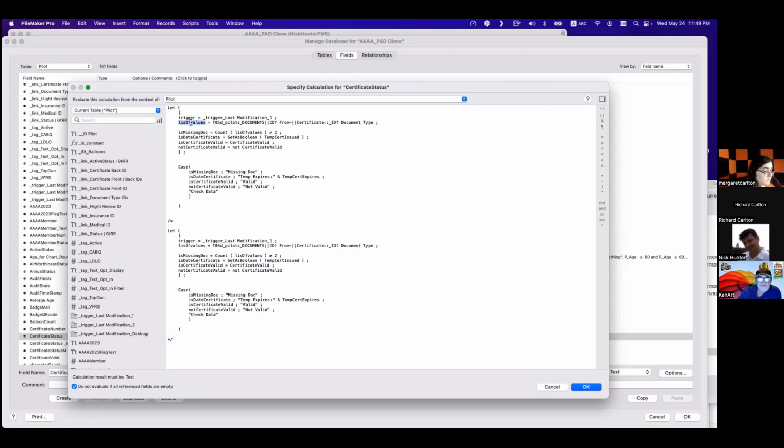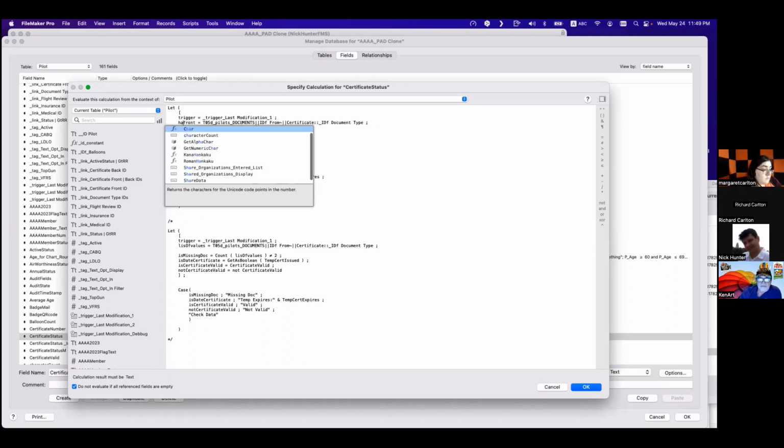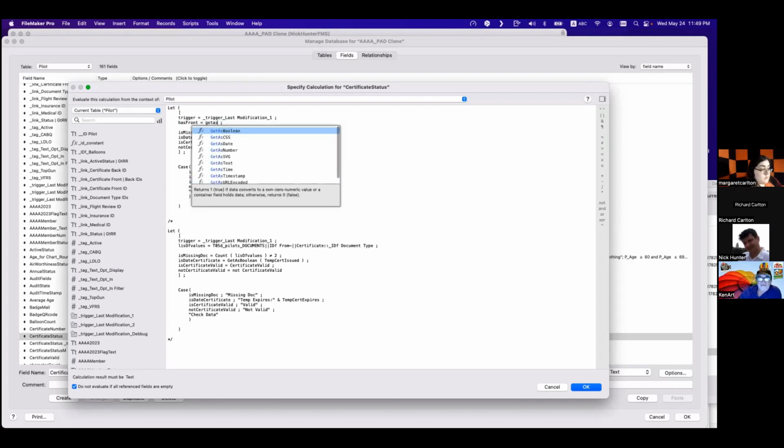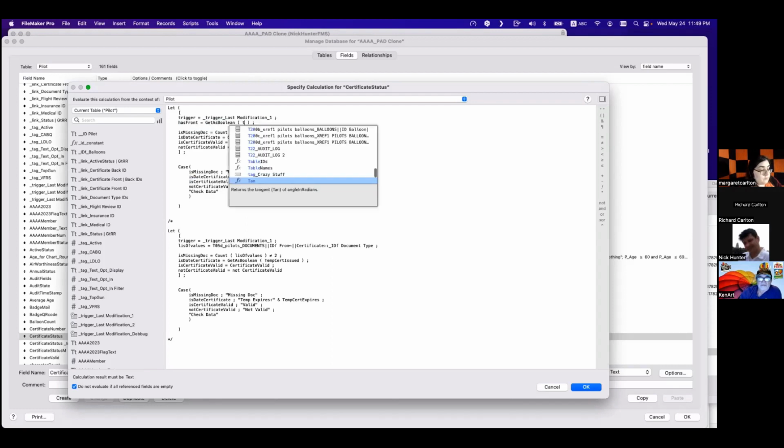Okay, so we're going to do front equal, you know, and I like to do this. Or we, yeah, we can do this. You know, get as boolean, okay, T05D.